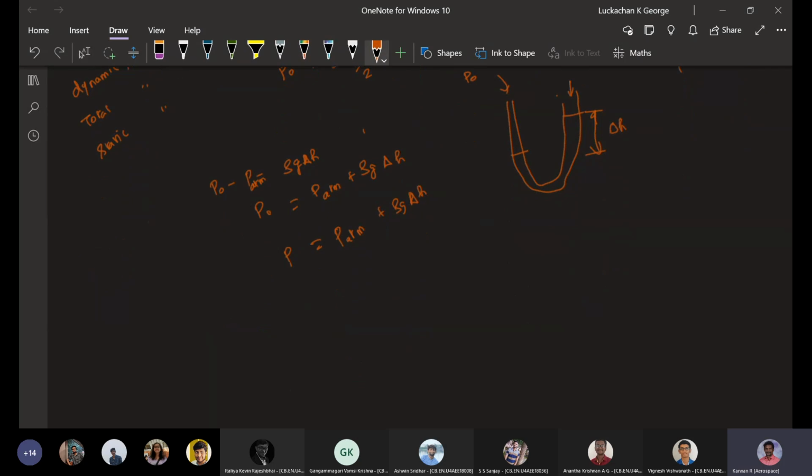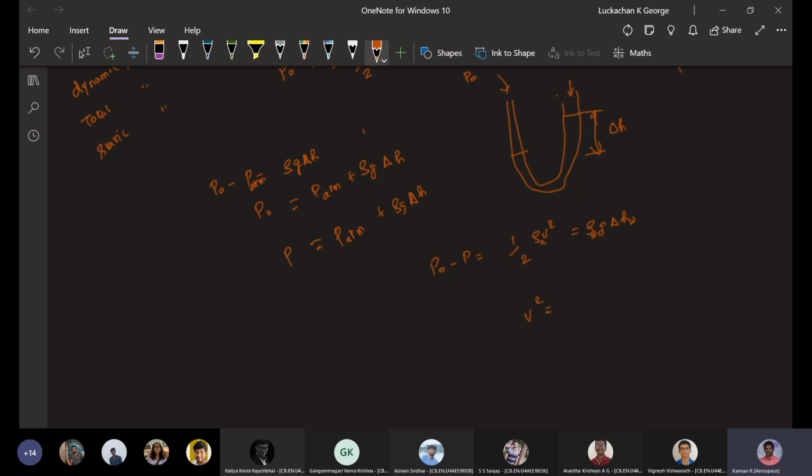So we have connected your P naught minus P, which gives your dynamic pressure, half rho V square. We are going to measure your P naught minus P as delta H, rho g delta H. So you can calculate this with a manometric fluid. Let us take water as the manometer fluid, with the water head height, and air.